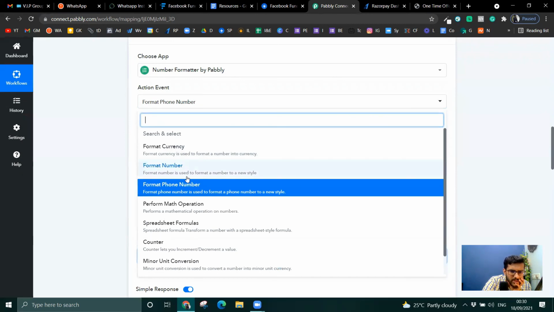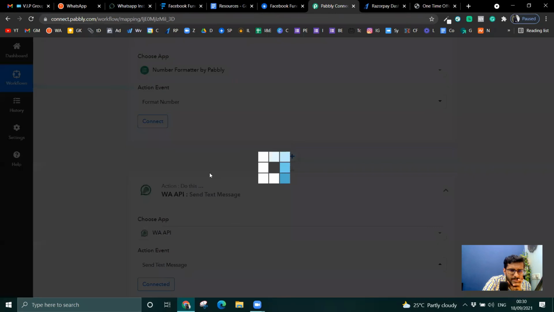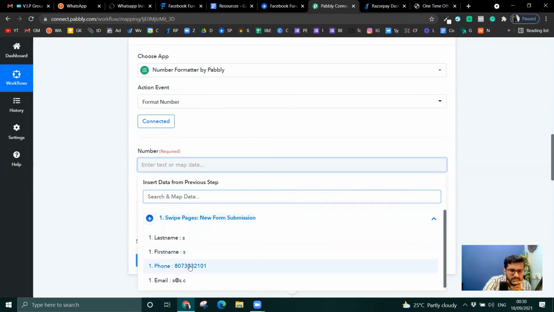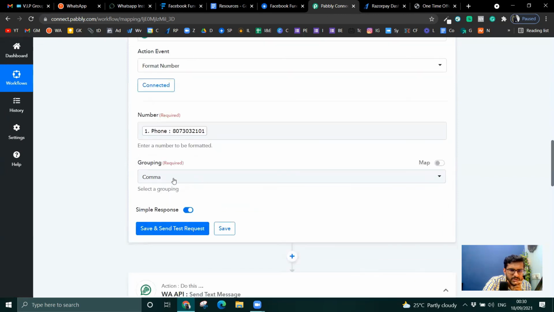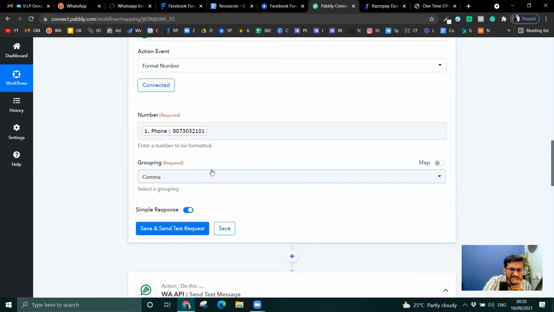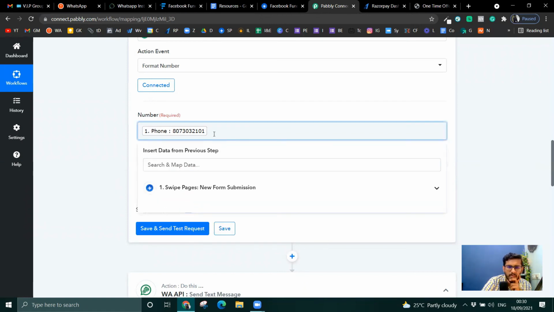Format number to new style, math operation, spreadsheet, counter, unit conversion. No, format number. I'll just say connect and then say number, then comma space. No, this is not what I want.